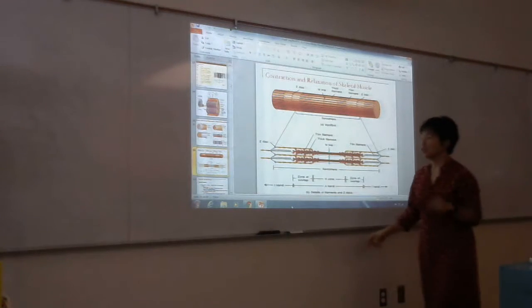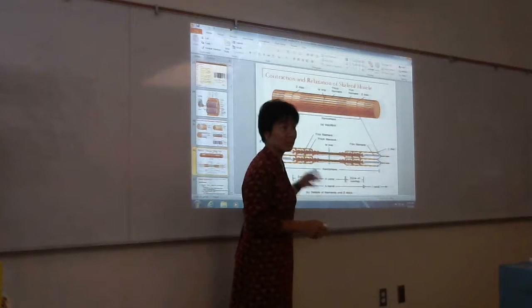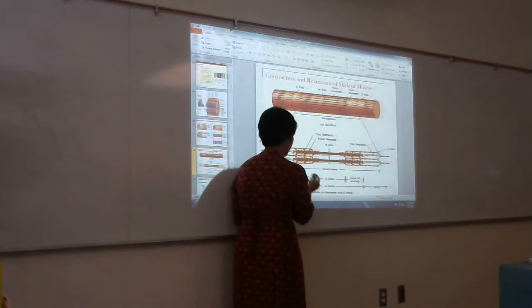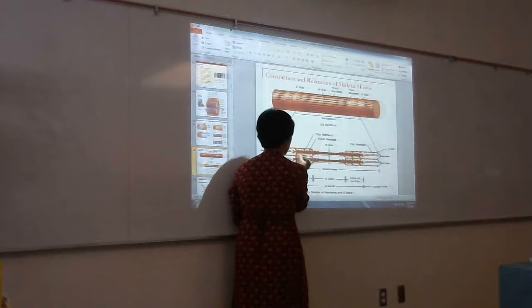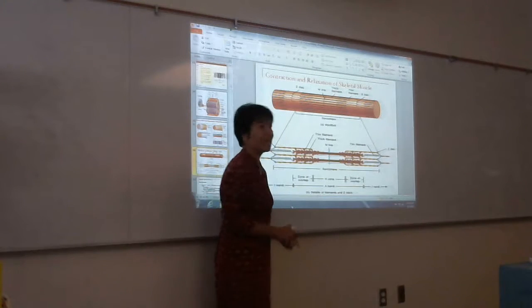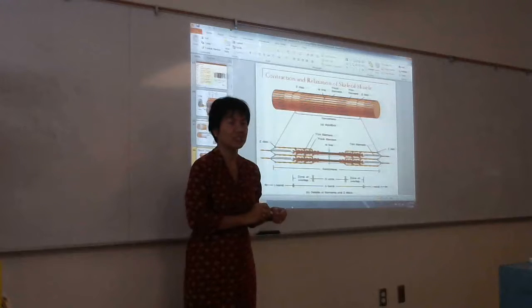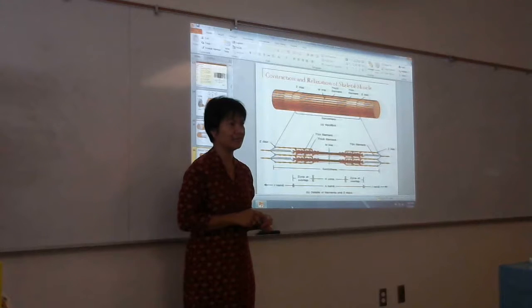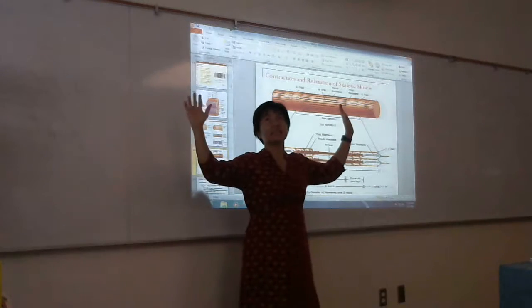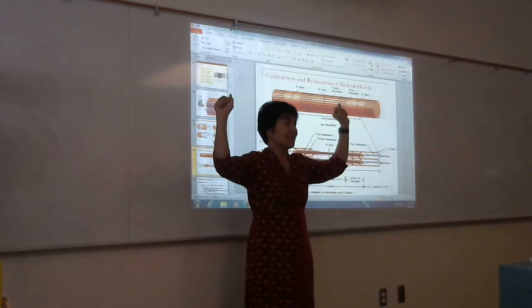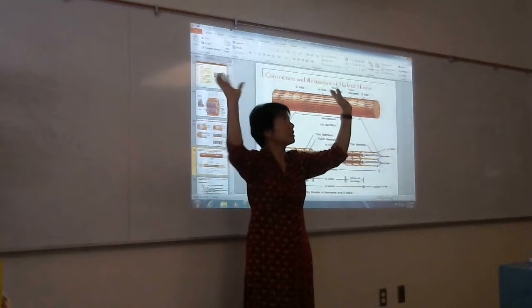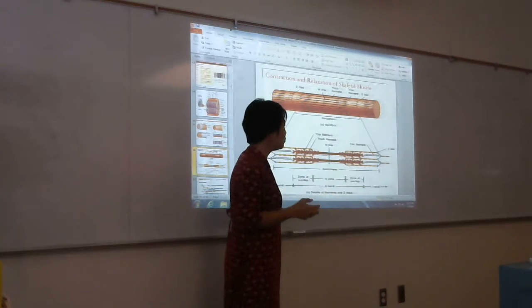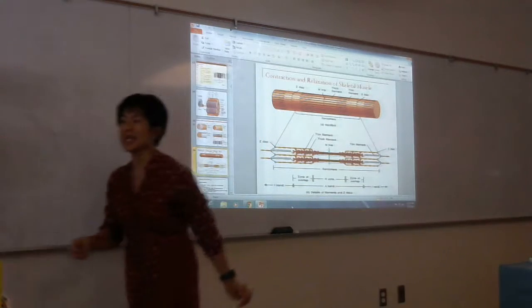Okay? So normally, when muscle is resting, the binding sites of actin to myosin are covered. So there is something covering actin from the view of myosin. You understand? So yes, myosin is ready, but it can't latch on to the actin because something is covering actin. There are two proteins that cover actin. You call them troponin,